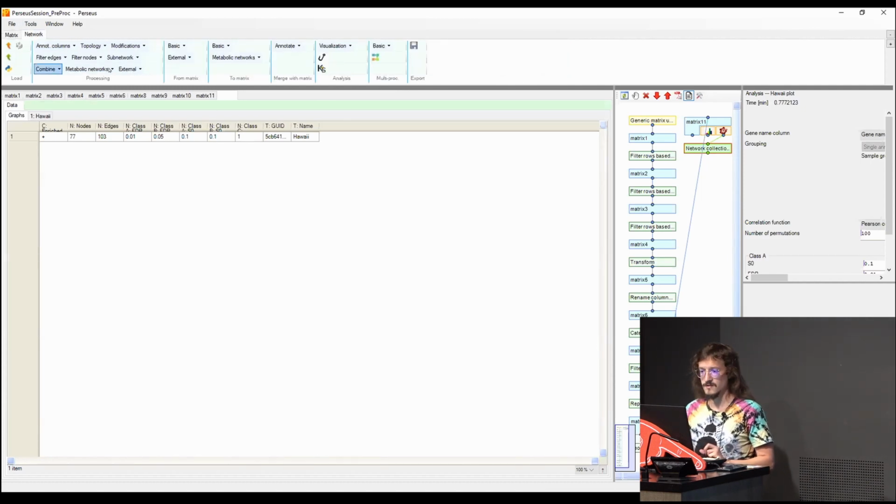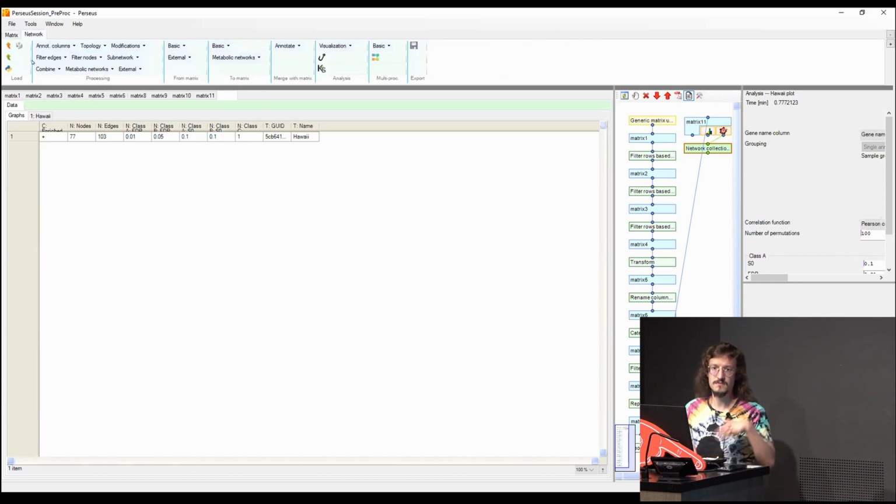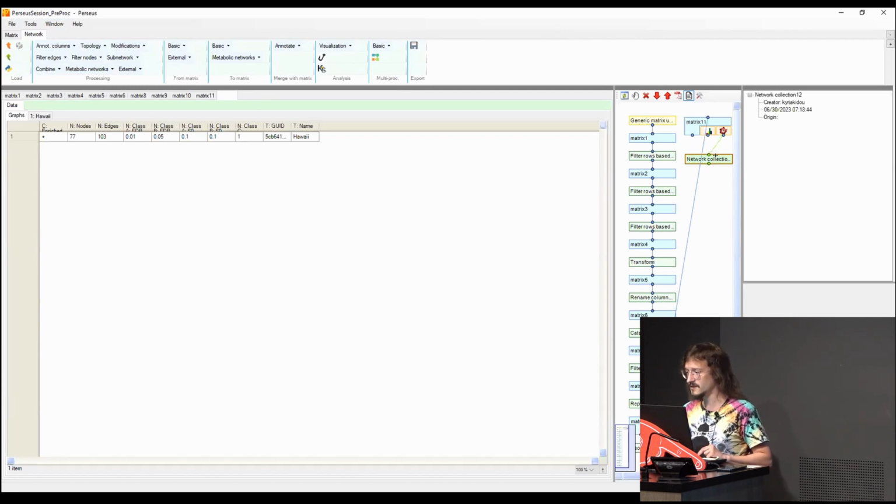Here you see everything changes because you're working with networks and you have some different functions. Again, you can do modification-specific things, you can change annotation. It's very similar, but they are specifically suited for networks. And what is a network node from Perseus? That is this one. You see it's green. You can recognize it also from the color and from the fact that it's called network.